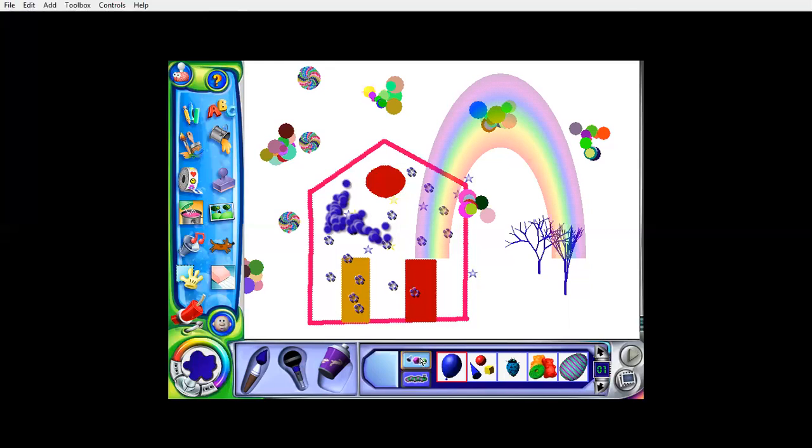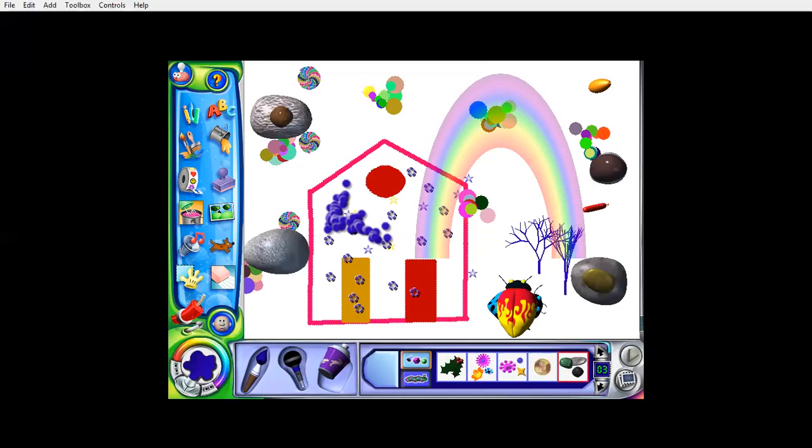When I click on this balloons one, I can choose whichever shape I want. Over here, there are different shapes. Let us take this bug. When I click on this bug, what happened? Bug comes. Let us choose the balloons, and what will happen? My balloon comes. Different shapes of balloons come. When I click on these stones or pebbles, different pebbles come. Can you see this? Different pebbles are coming. Isn't it looking very beautiful?